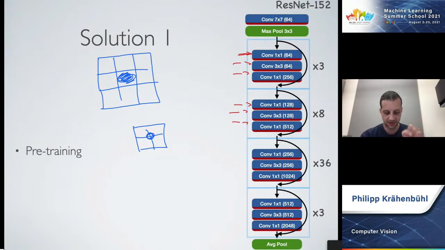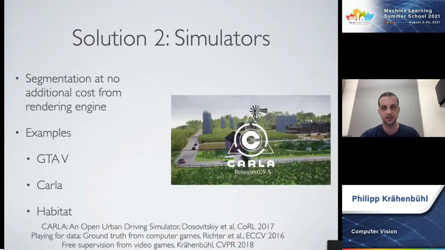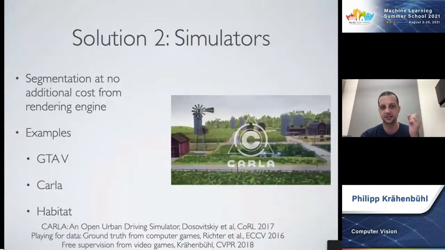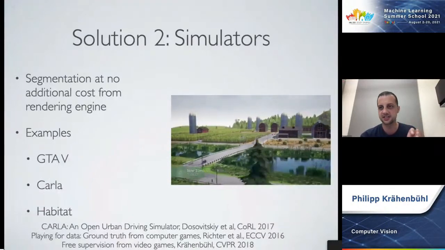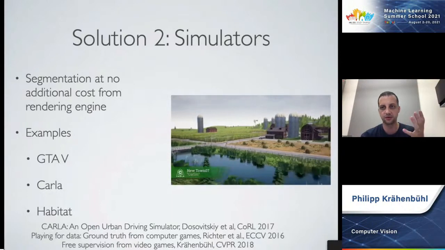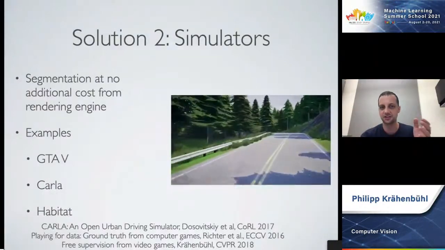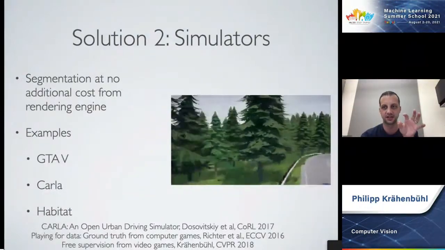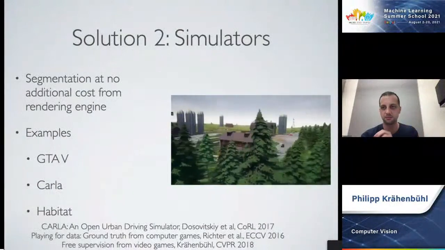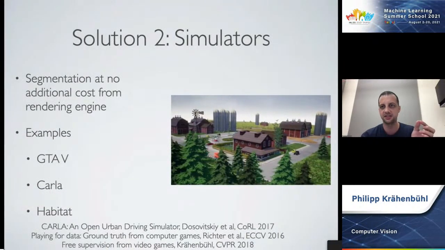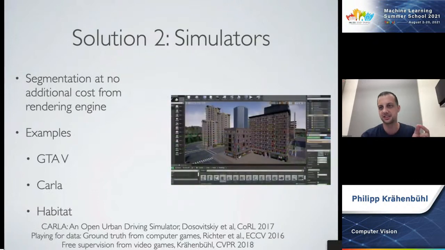All right. Let's get back to our solutions. Now, the second solution that does not use pre-training is to use simulated data. There are many ways you can get very accurate dense annotations from graphics engines and simulators. That can either be your own game engine that you work with, or you can even hack into existing game engines to extract ground truth labels for these vision tasks. These ground truth labels are going to be perfectly accurate, and extremely detailed. The only issue is that you need to be able to use these ground truth labels in the end for real images.